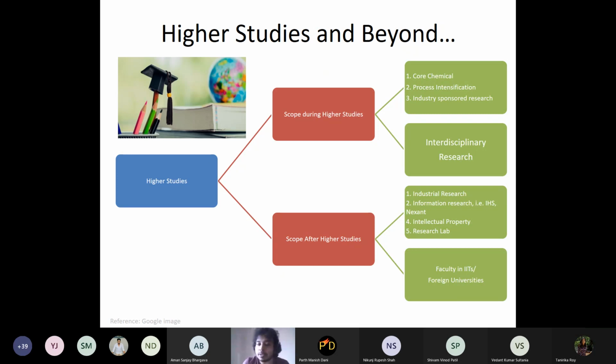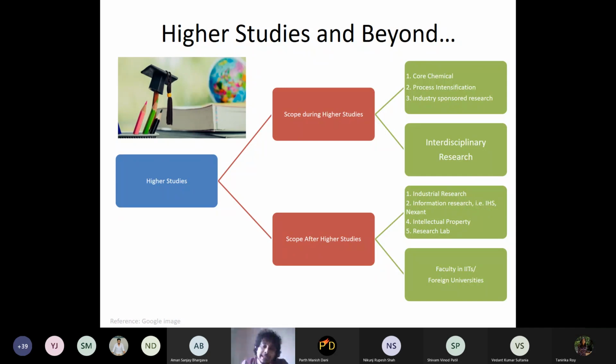This is the kind of work IHS brings out, the kind of information. Next time, similarly, compares the emerging technologies and gives me a well-rounded approach of which kind of technologies are available, with which I can benchmark my own technology. I can do cost estimation based on this. So this also requires a specialized skill set of cost estimation, understanding the market, along with the skill of chemical engineering.